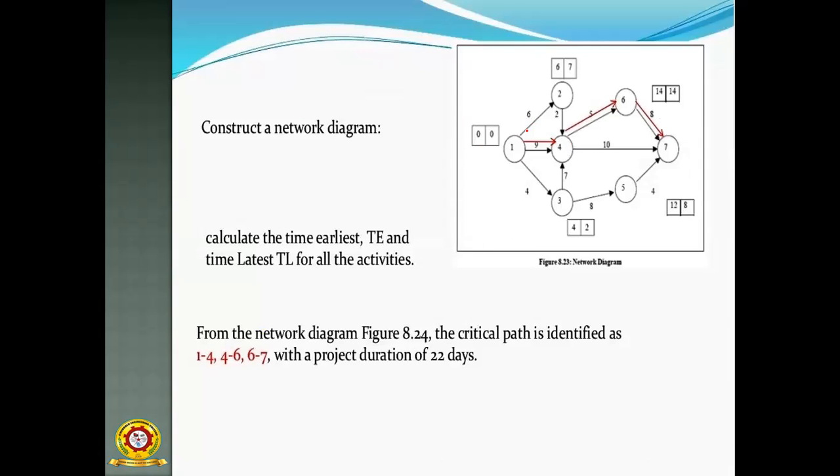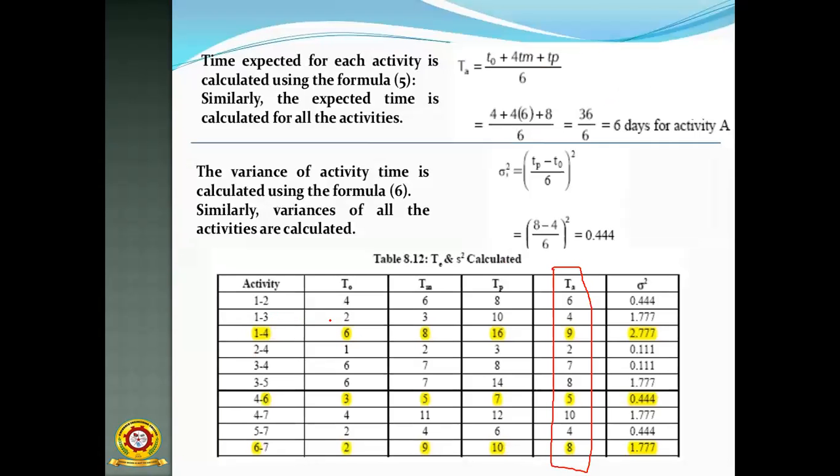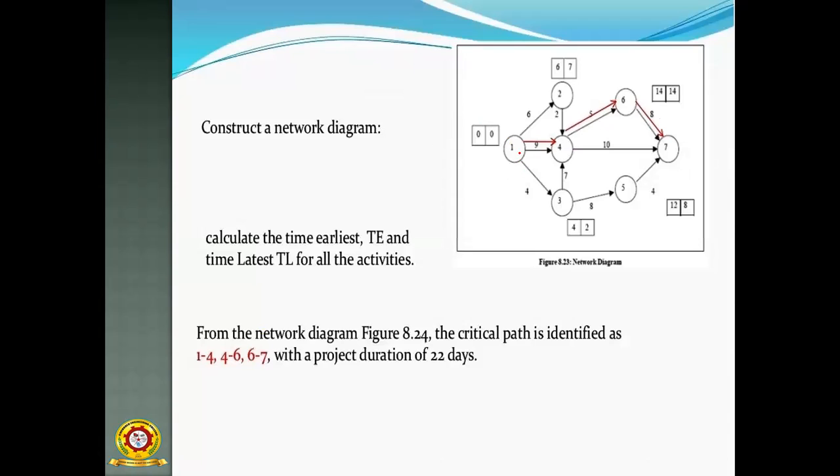Then we have to substitute the activity value 6 for 1 to 2. After that, next one is 1 2 3. For 1 2 3, the value is 4, just remember it. The third activity also has the same predecessor activity, 1. This is the successor activity, this is the predecessor activity. So we draw a line from 1 to 3. This is the first event, this is the third event. Then we connect the activity with an arrow. The time duration of 1 to 3 is 4, so we substitute the 4.